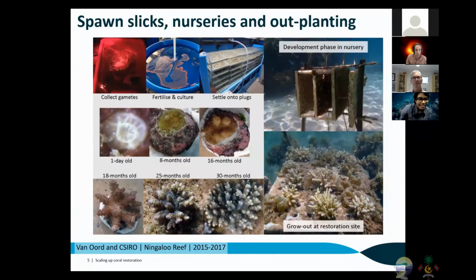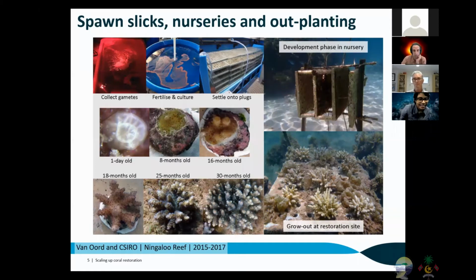Some of our previous early work with Van Ord began in Ningaloo Reef, which is in northwestern Australia. And that was conducted in the reef guard facility that Van Ord developed. And that was, again, collecting gametes and settling those onto thousands of plugs, and then developing those out in a nursery in lagoonal areas. And then they can be grown out at restoration sites and put out into the water. And as you can see, just by the time series here, these corals grow pretty fast,